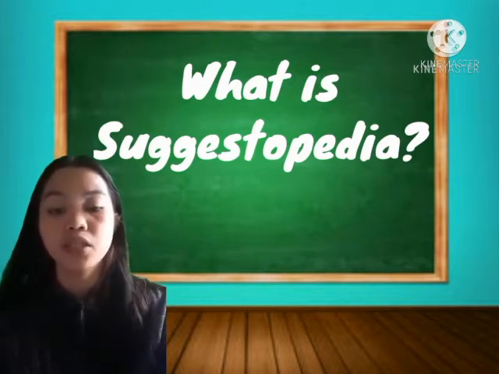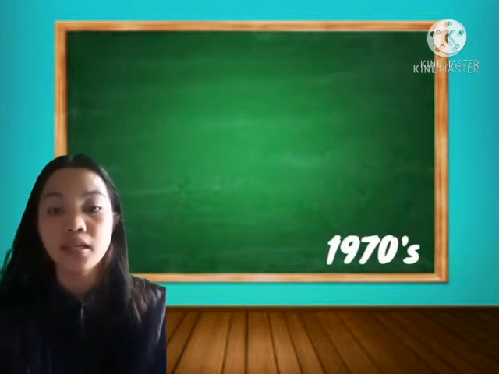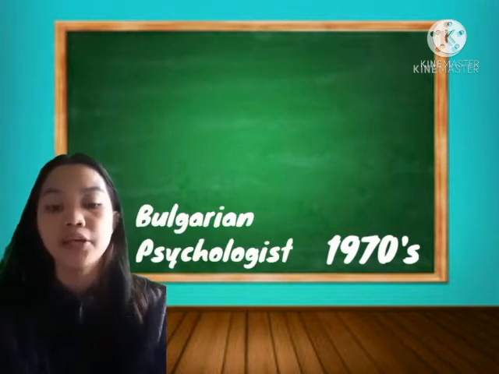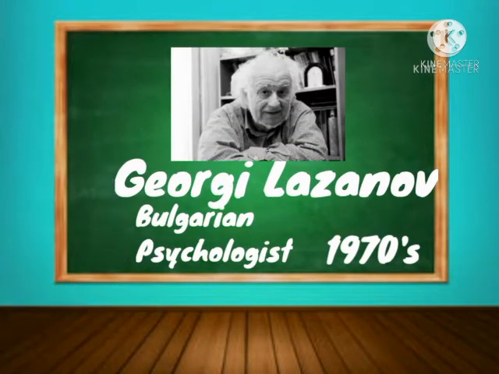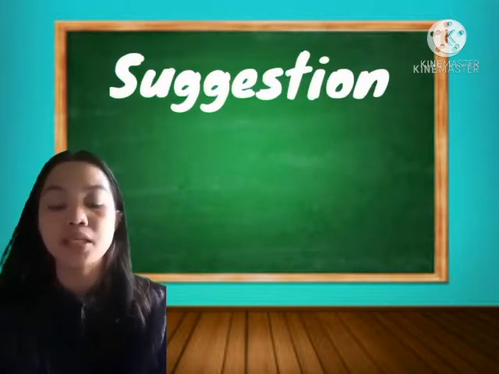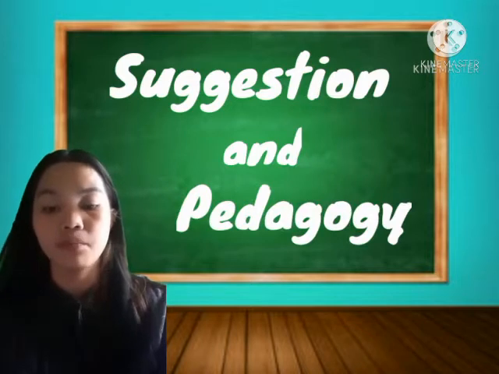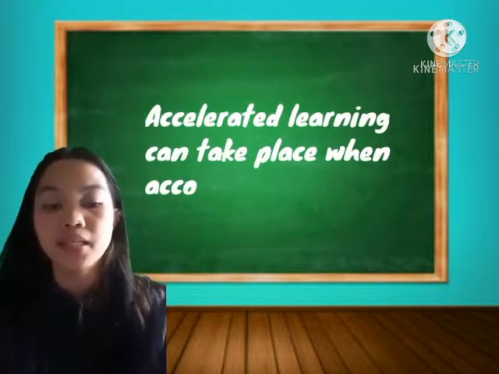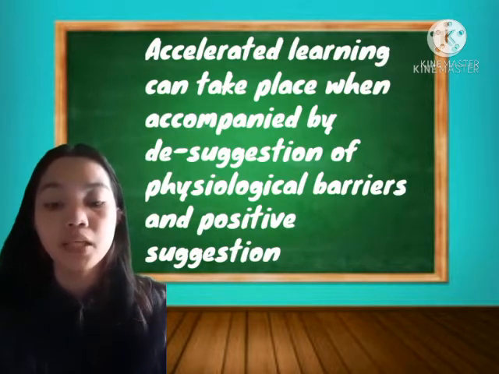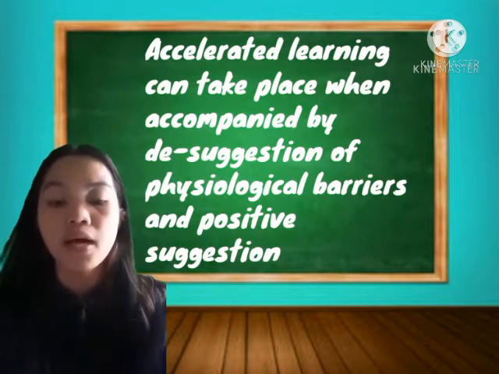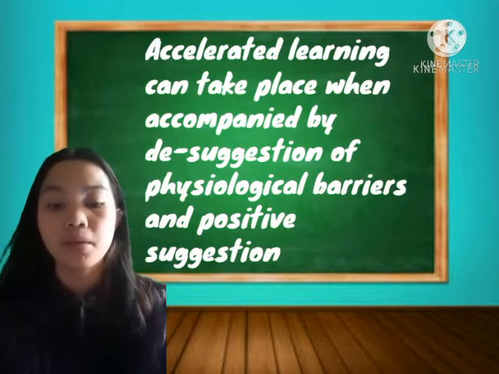Suggestopedia is a language teaching method originated in the 1970s by Bulgarian psychologist Georgi Lozanov. The name combines the terms suggestion and pedagogy. The main idea being that accelerated learning can take place when accompanied by the suggestion of psychological barriers and positive